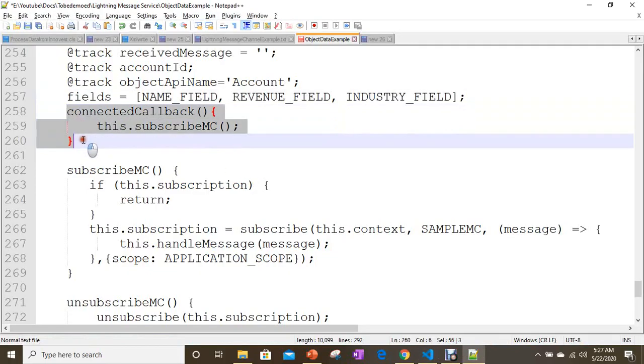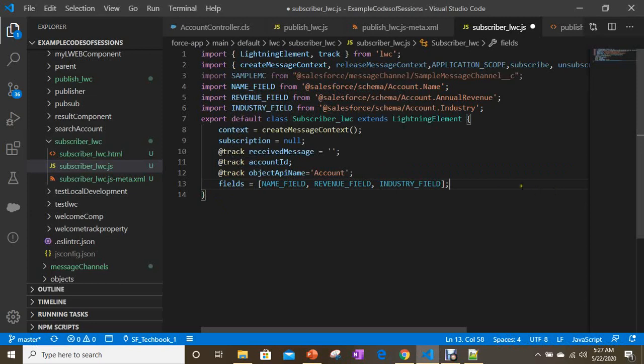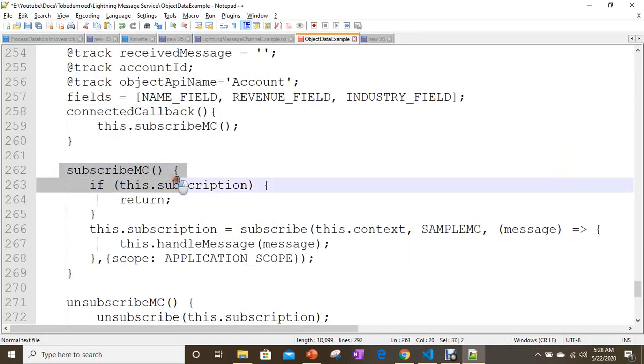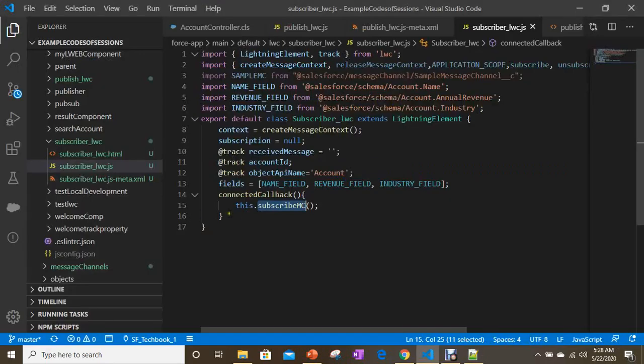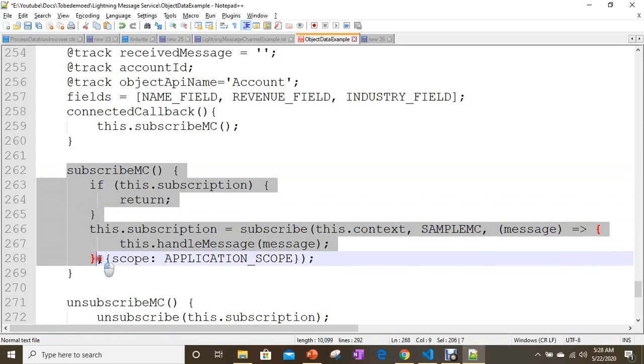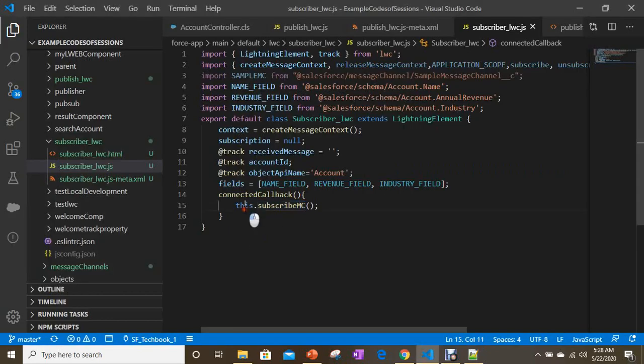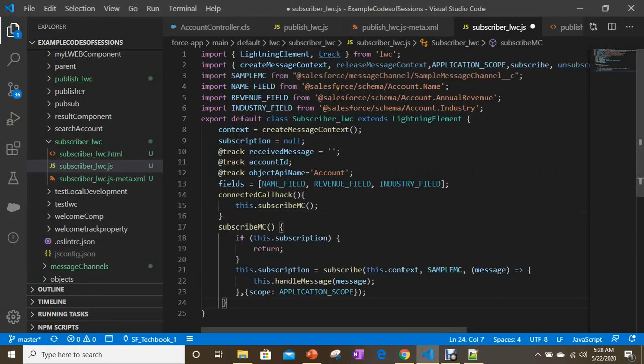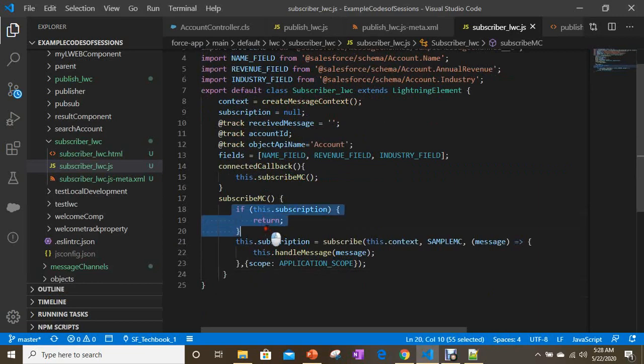And connected callback. When this component loads, it calls the subscriber MC method. So let's define the subscriber MC method also. Okay, here if already subscribed, it will return that it is already subscribed. It doesn't need to subscribe again, and otherwise it will subscribe.